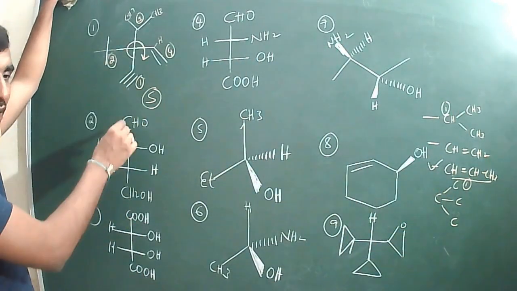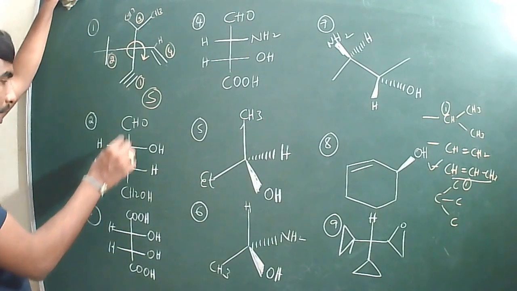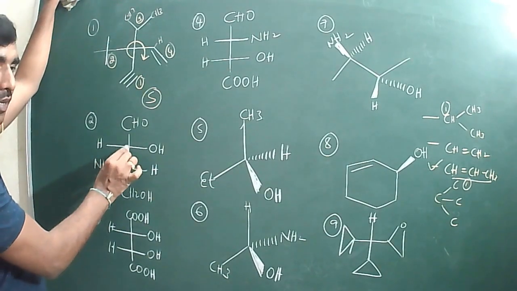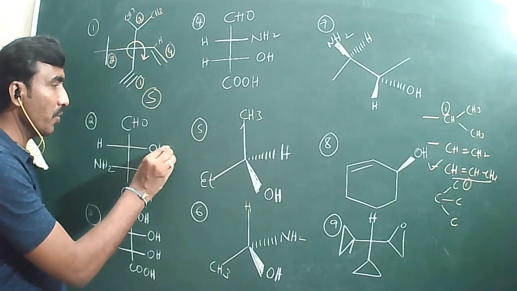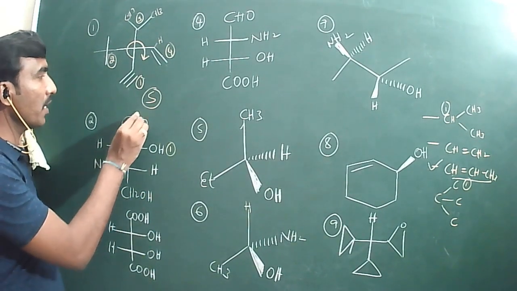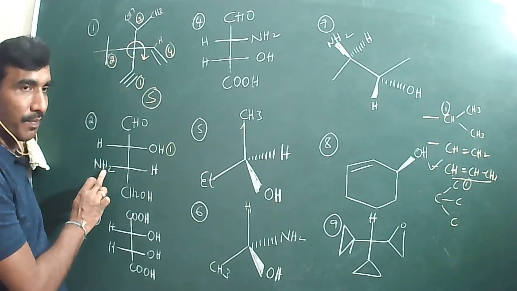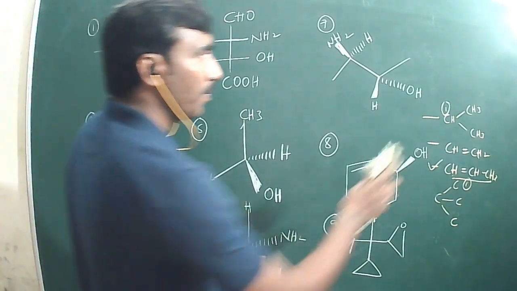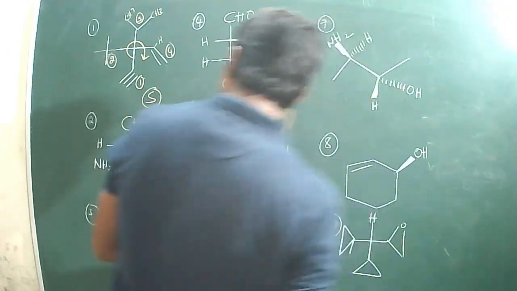Okay. Now here how many chiral centers are there? 2 chiral centers. I can give the numbering like this is second and third. So first let me discuss about second chiral center. Now tell me, what is the priority order at this? First I should give for the oxygen, and after that this is carbon which is attached with 2 oxygens, and this is carbon which is attached with 1 nitrogen, 1 hydrogen, 1 carbon. Which will get more priority? Aldehyde or this entire group?